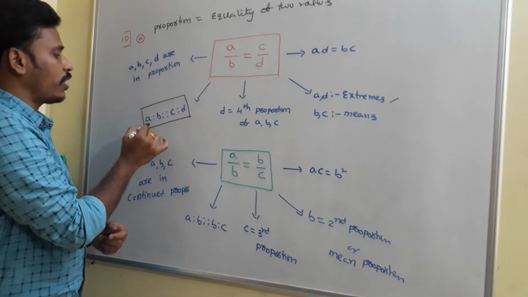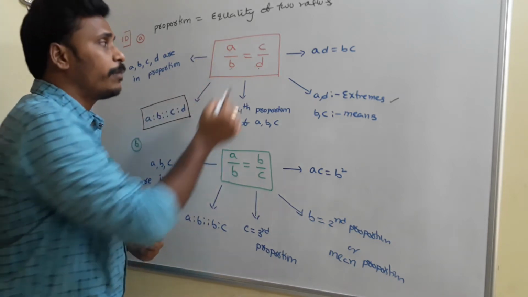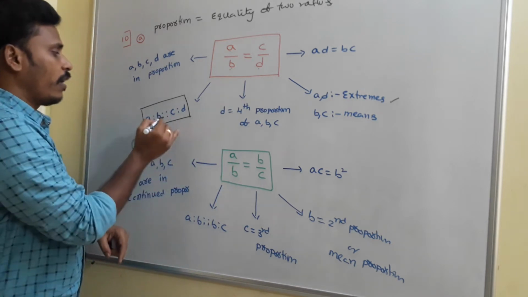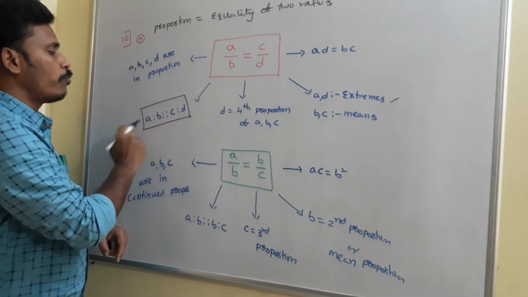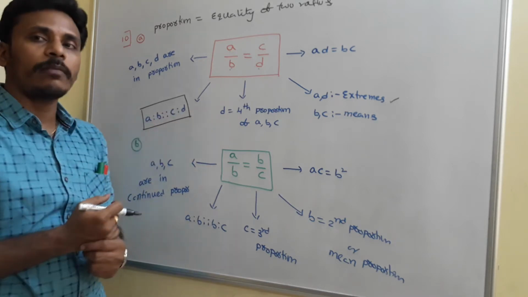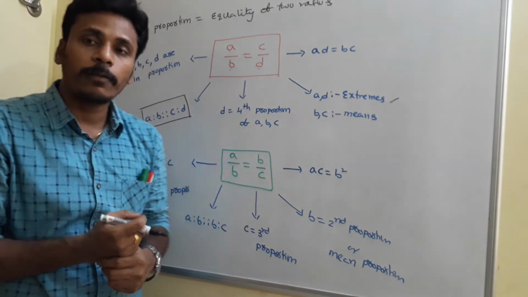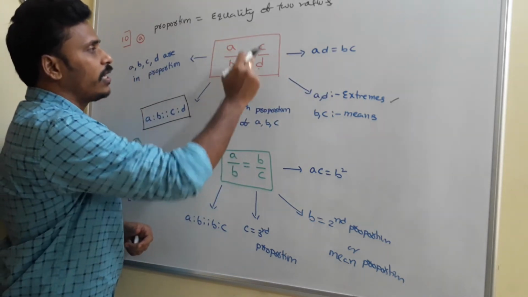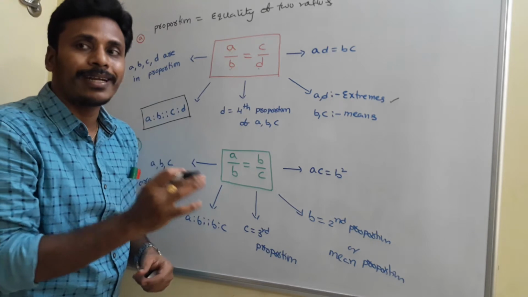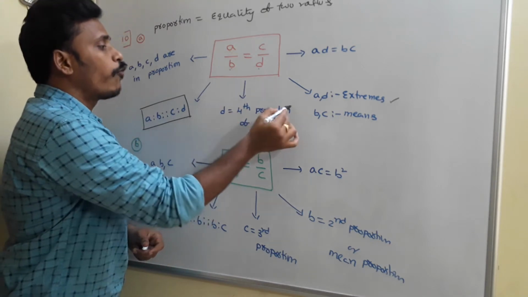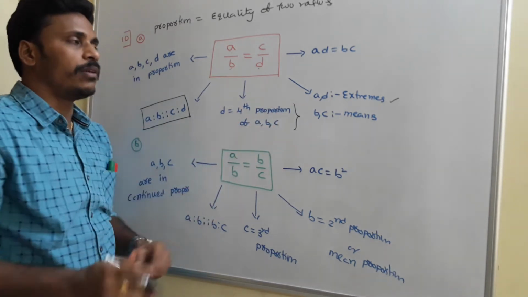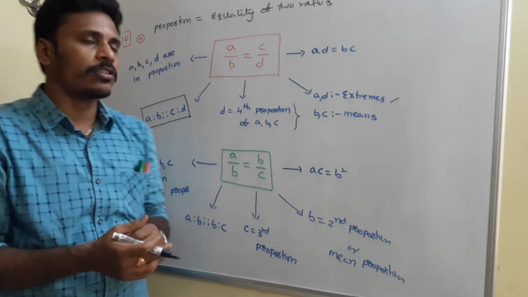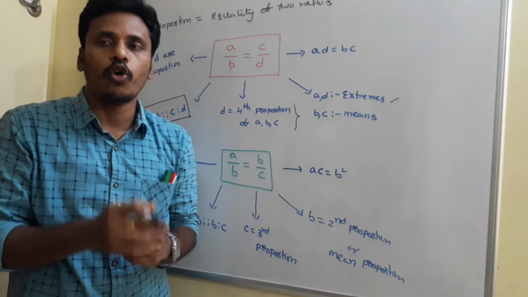And this is a notation for four elements if they are in proportion. A by B is just A is to B. C by D is just C is to D. If they are in proportion, then we use this symbol to mention that these four elements are in proportion. Related to the proportion, you need to memorize these five ideas. Among A, B, C, D, this last fourth element D is called the fourth proportion of A, B, C.